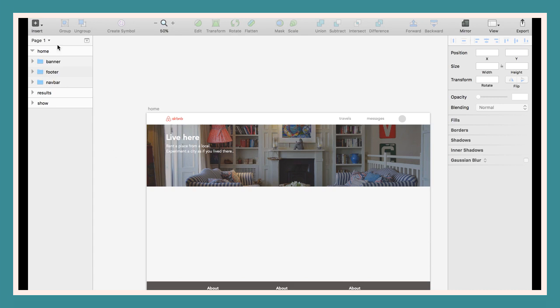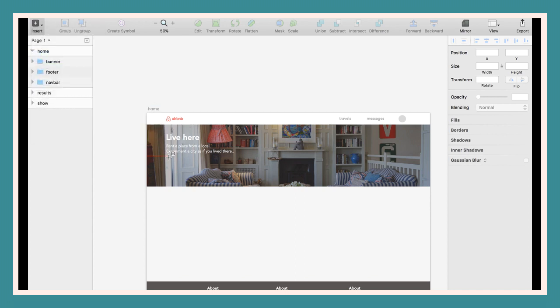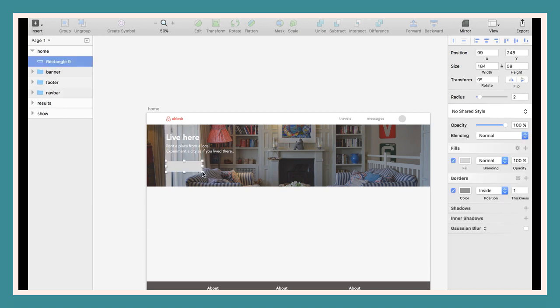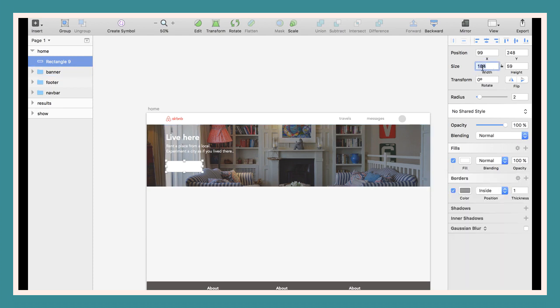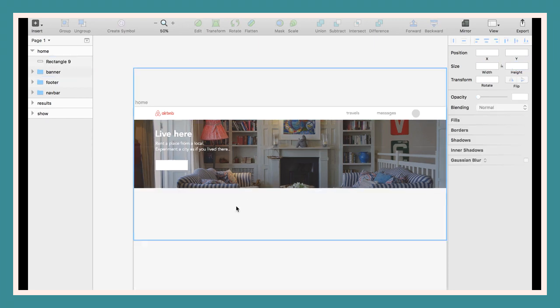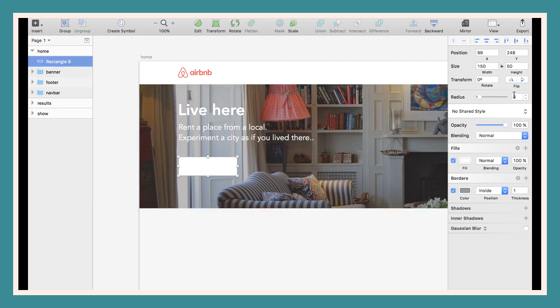a flat. So the search form is straightforward, it's different shapes. So this time I will not select a rectangle, but a rounded rectangle, this one. And let's say like that here. So I keep the border, but I want to fill the rectangle with white. Maybe I will select it 150 and just 50 pixels for the height. Okay, so it's the first input of my search form, and maybe I will put the border radius of, let's